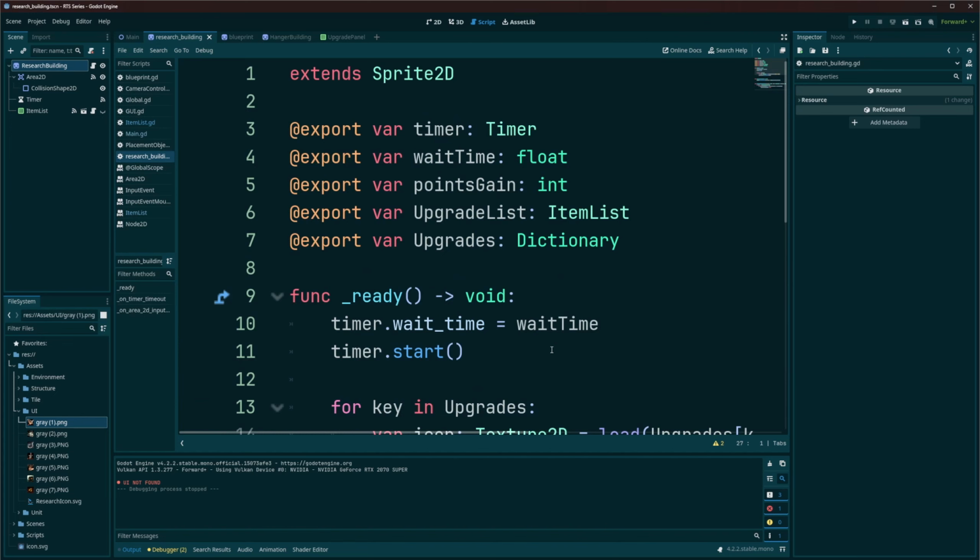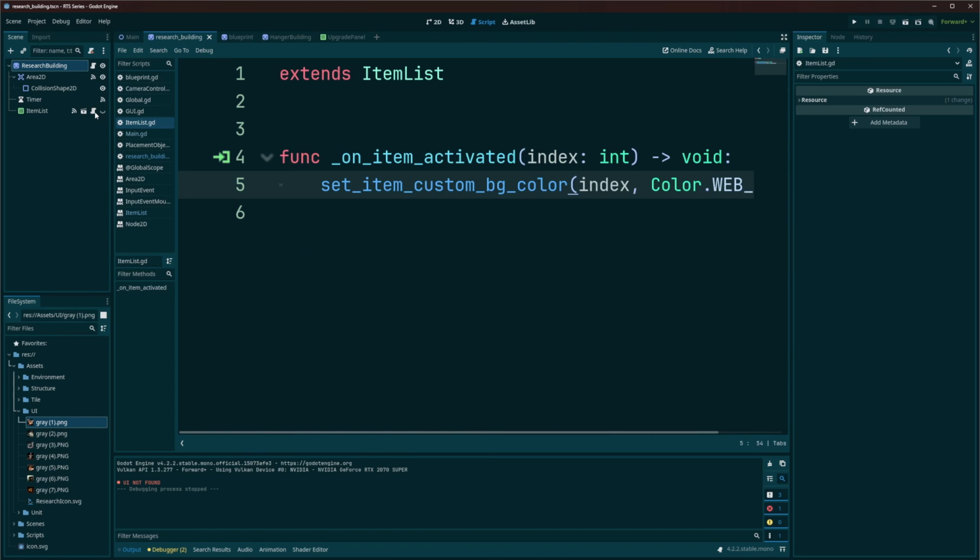All right, so what do we need now? Well, we need that activating to actually do something. So that's going to be on my item list here from our signal on item activated. And you could put that on the research building script if you really wanted to. It's perfectly fine, but what we're going to do here is we're going to check